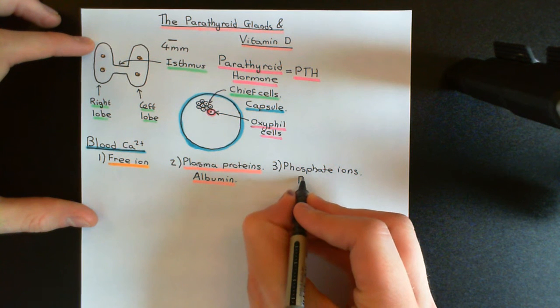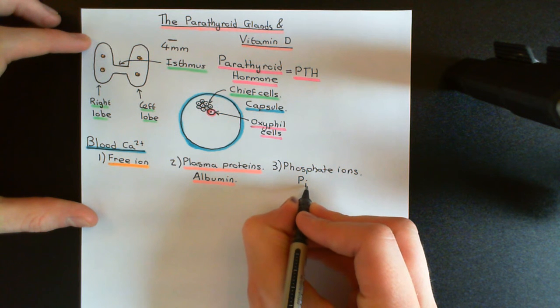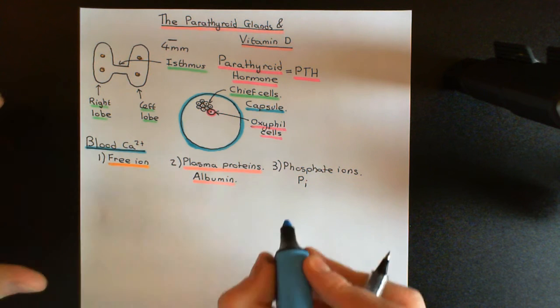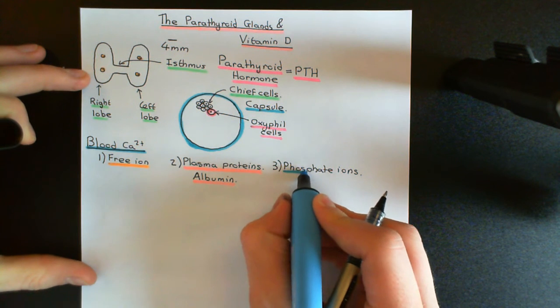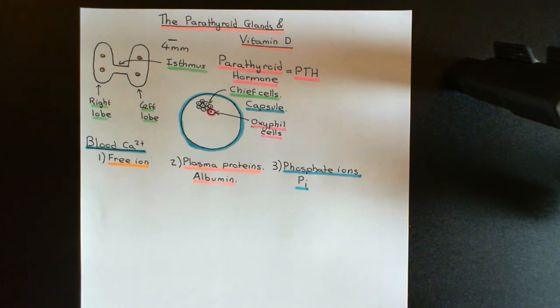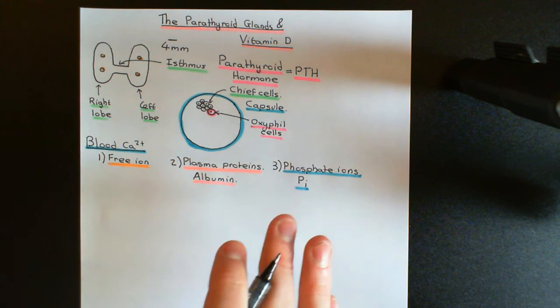Now, phosphate ions for short are often abbreviated down to P with a subscript I. The I here is for inorganic. Okay, so inorganic phosphate ions, because they don't have any carbon atoms in their structure. Okay, now, I would just like to take a little bit of time to go through phosphate ions, because this